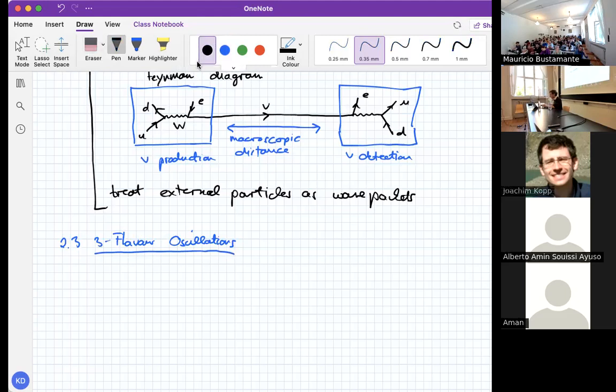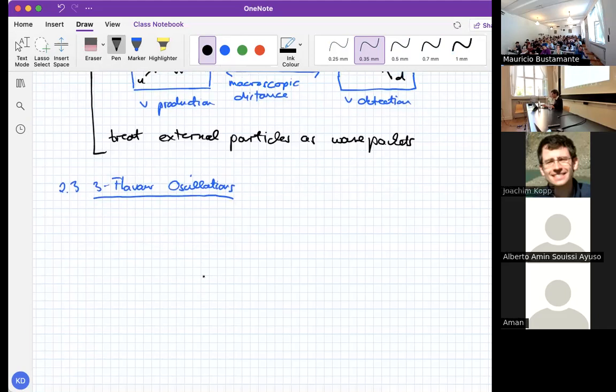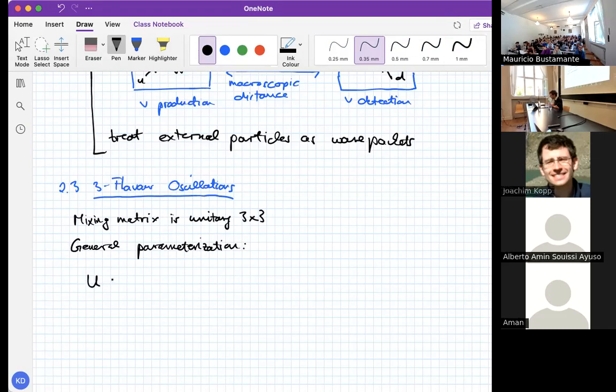So the only thing that changes in 3 flavors is, well, we go back to a 3x3 unitary mixing matrix. So U is unitary, 3x3. And a general parameterization for such a mixing matrix, or let's say that there's of course no unique parameterization, but the one that is adopted in neutrino physics is